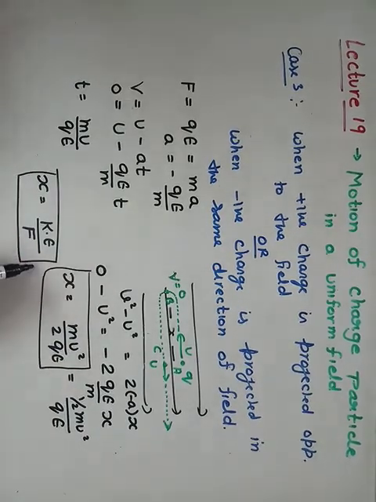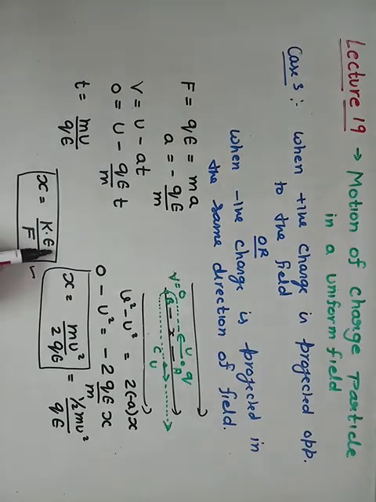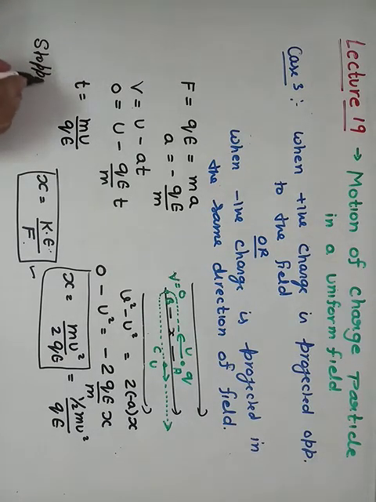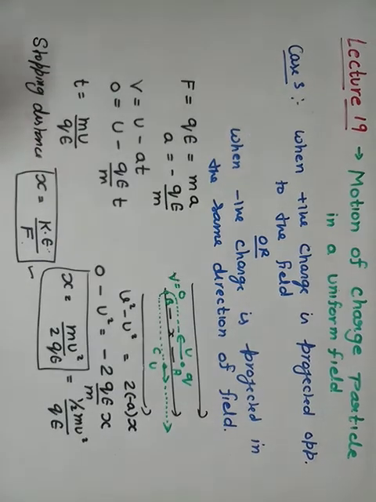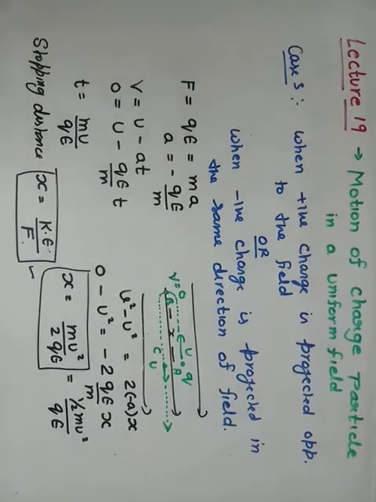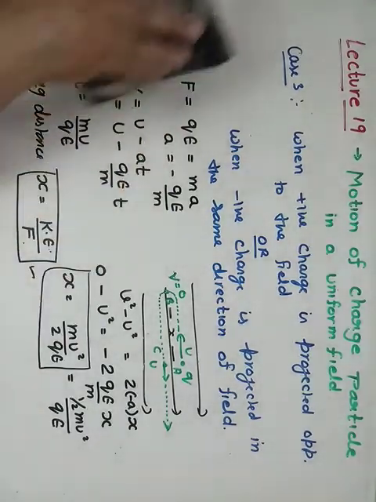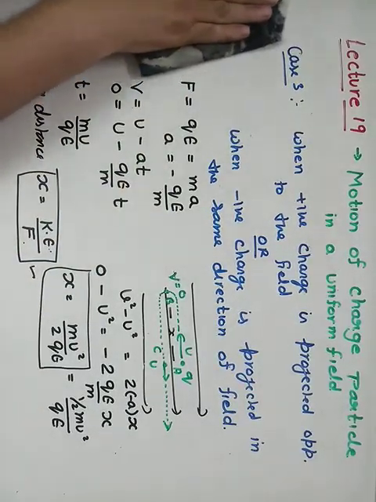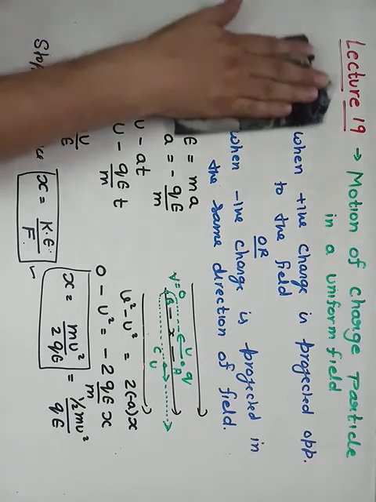I have told you up to this formula that if we know the kinetic energy and the retarding force, then kinetic energy divided by retarding force will be equal to the stopping distance. This x is called the stopping distance. Here we have calculated the stopping distance. Next we come to case 4, which is an important one. We'll find a question in NCERT based on this case 4.